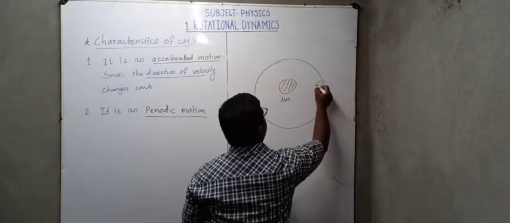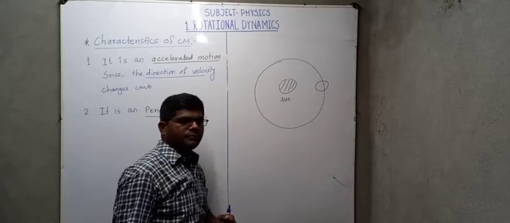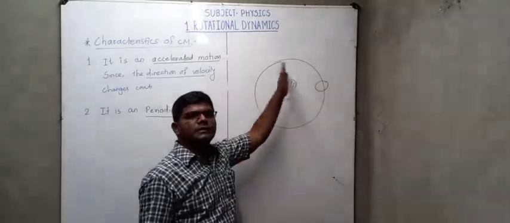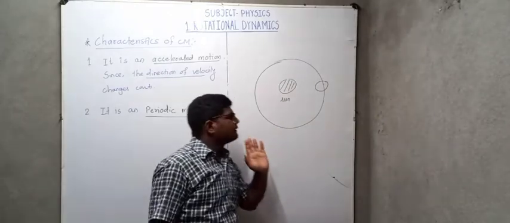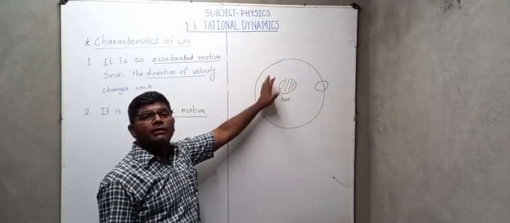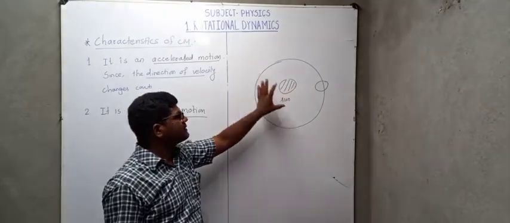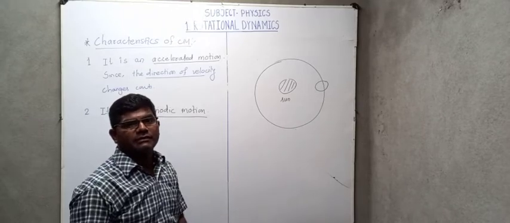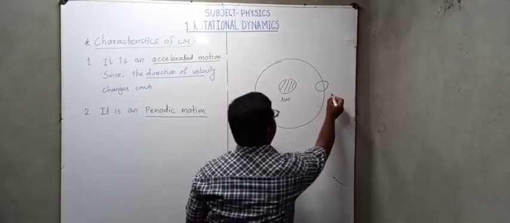Now suppose this is the Earth. Earth is moving around the sun. We know to complete one rotation around the sun, Earth requires a time period of